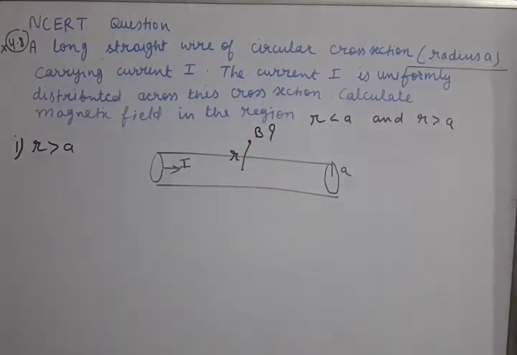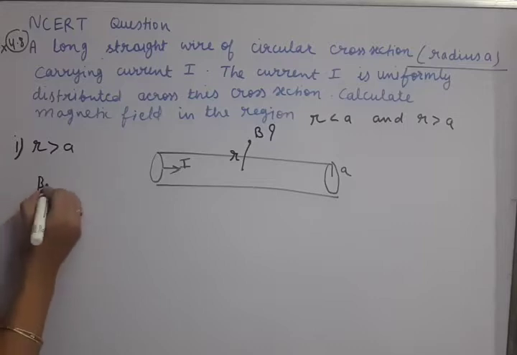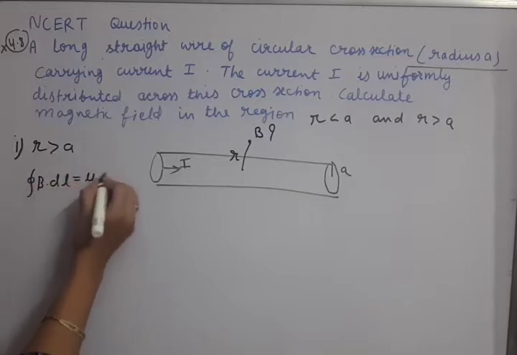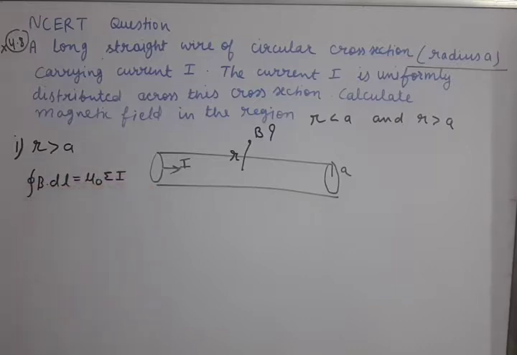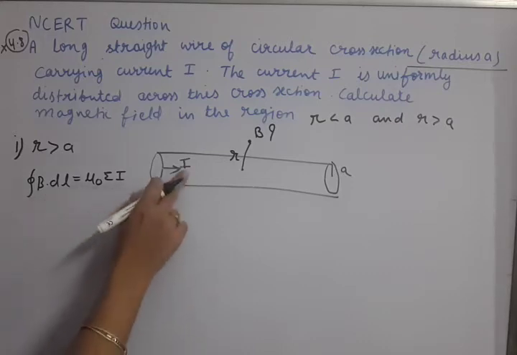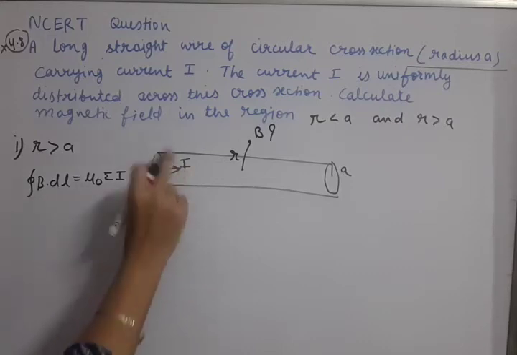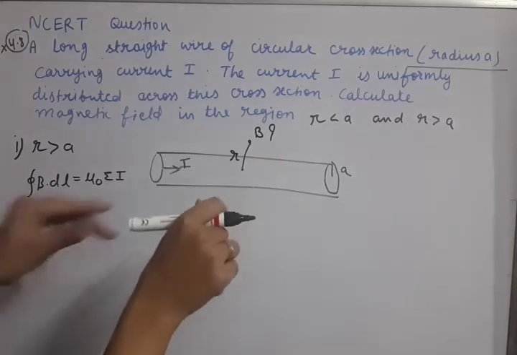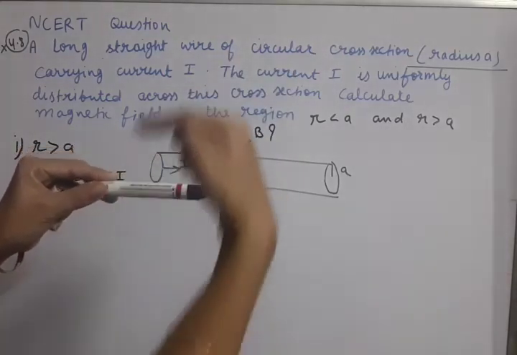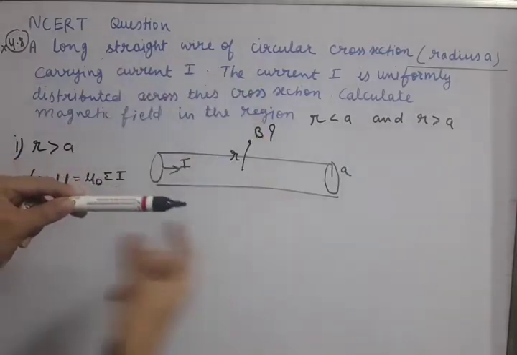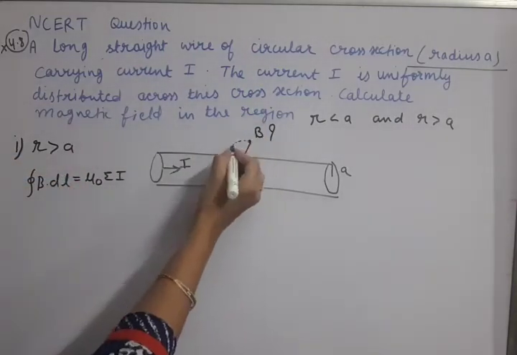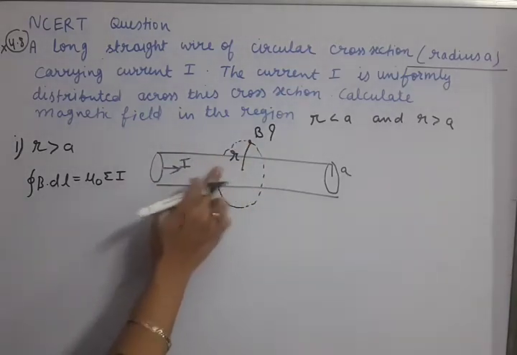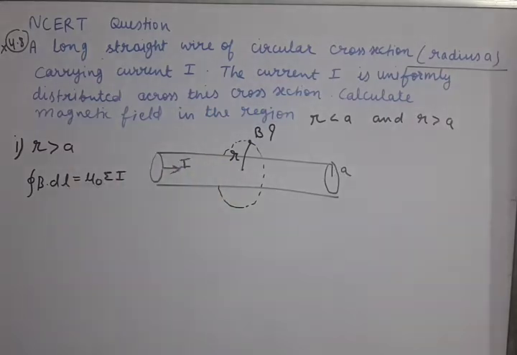Now this can be done by Ampere's law. So Ampere's law equation is integration of B dot dl equal to mu 0 summation I. This we are going to apply. But Ampere's law says that we have to enclose the current. So in this wire the current I is flowing. So what we have to do now, around this wire, we have to take a loop so that this current is enclosed. So around this we are going to take a loop like this. This way we have taken a loop.